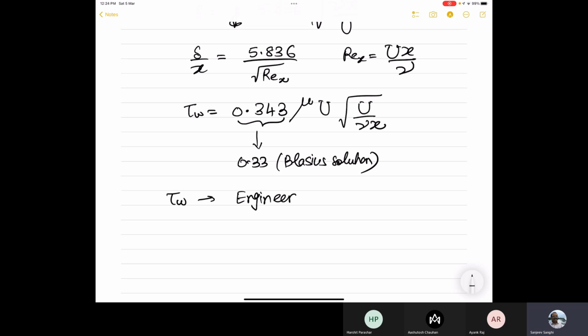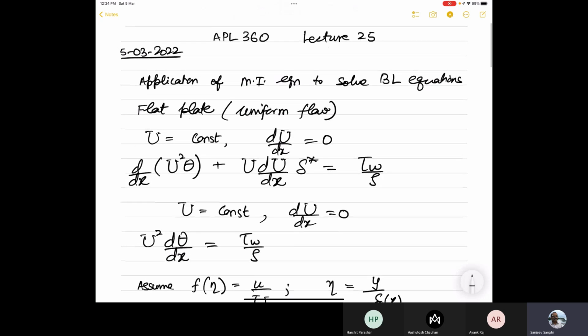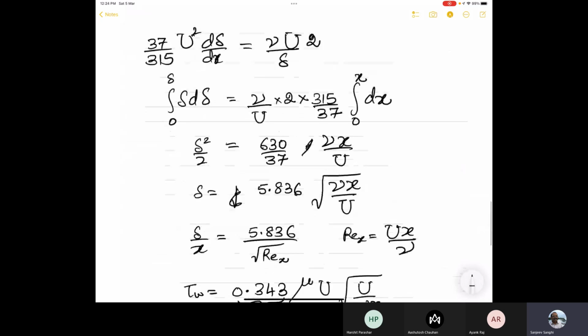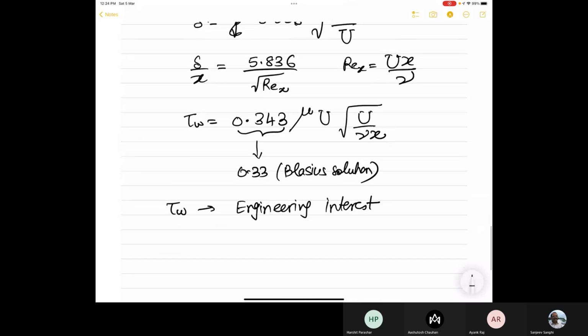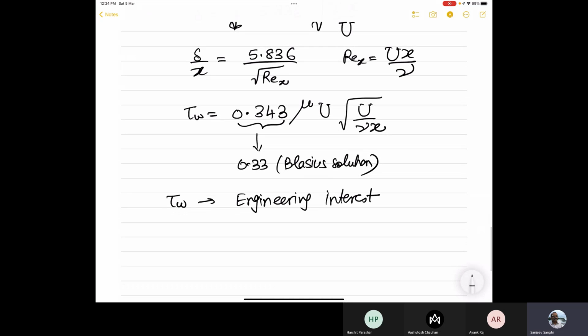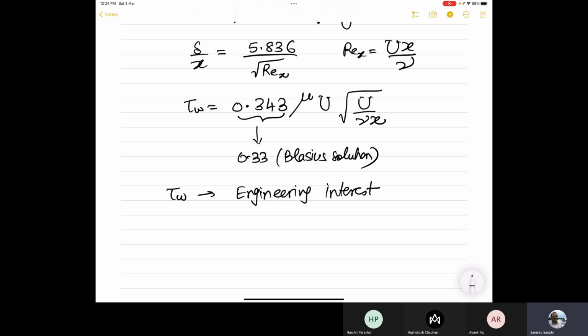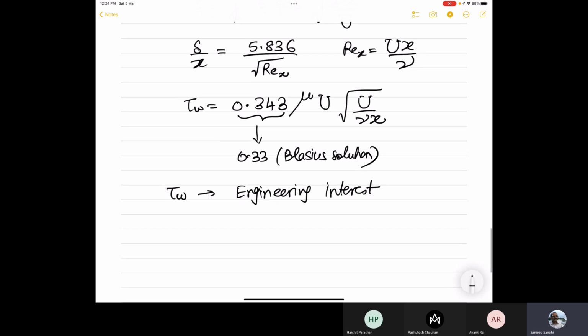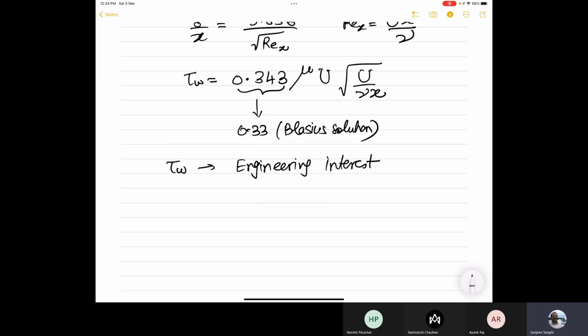How much is the shear stress on the plate as the fluid goes past? And this is what we try to achieve by this momentum integral method. Now we have illustrated it in a very simple case. For this case, even the exact solution, the Blasius solution, was available. But the momentum integral method is a general method